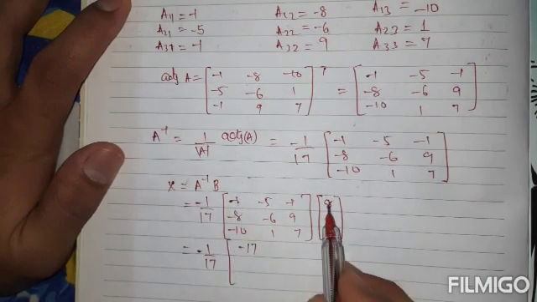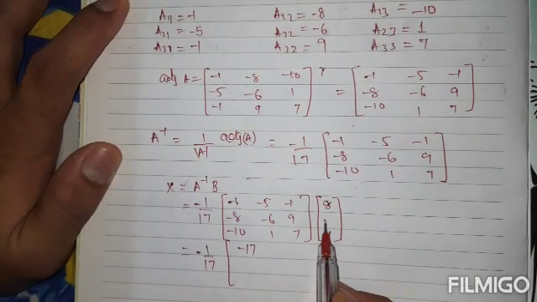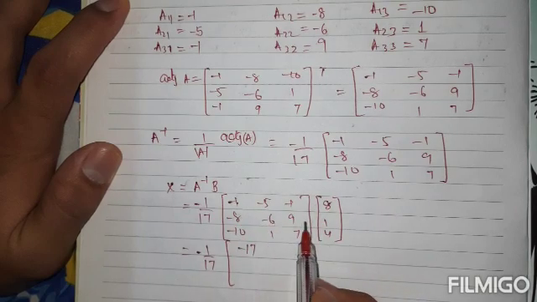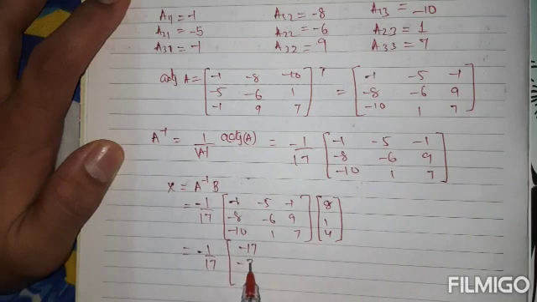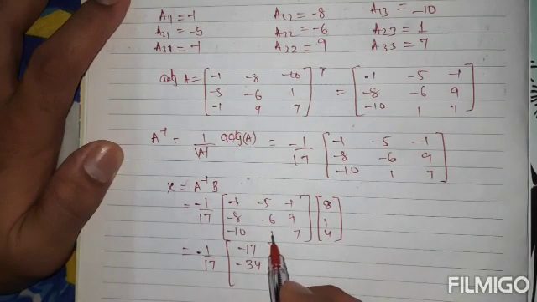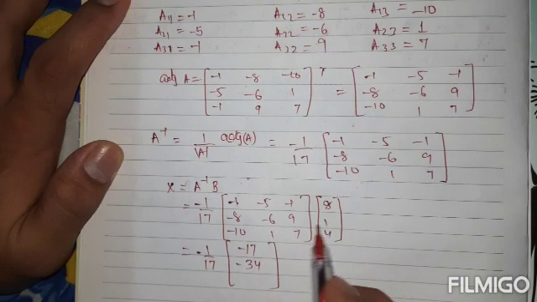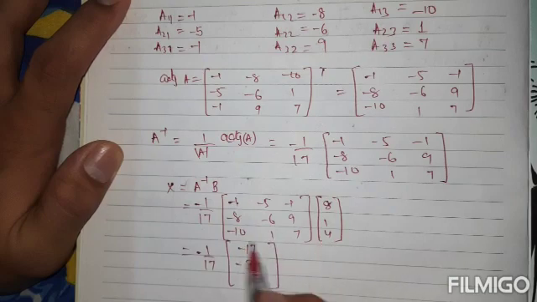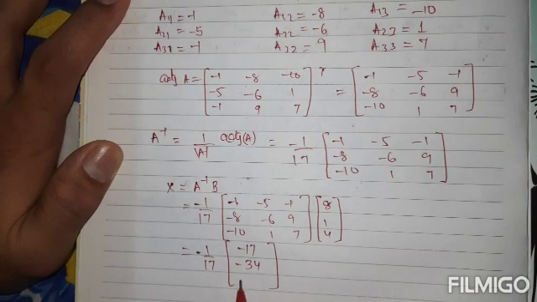Similarly, now find the product. Minus 8 into 8, this will become minus 64, then minus 6 into 1, this is minus 6. So minus 64 minus 6 is minus 70. And plus 9 times 4 is 36. Minus 70 plus 36 will give you minus 34. And then minus 10 into 8, that is minus 80, plus 1 into 1, 1, and plus 4 into 7, that is 28. So minus 80 plus 1 plus 28, 1 plus 28 is 29. So minus 80 plus 29 will give you minus 51.